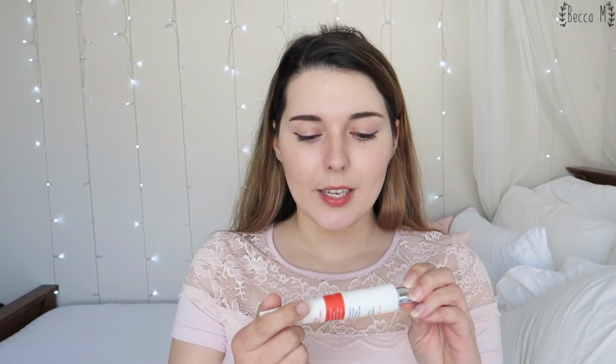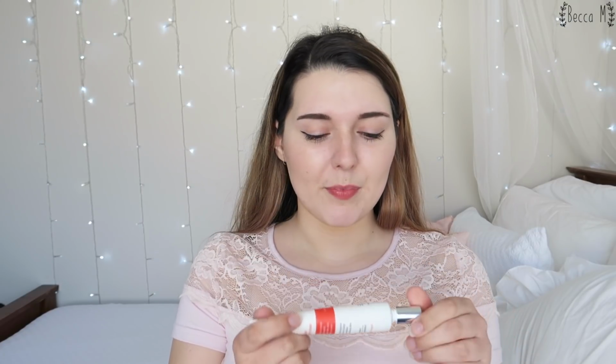I have a favourite eye cream as well. This is the Mediflower Collagen Wrinkle Eye Cream. I don't think that it really plumps up the wrinkles that well, but it does make my under eye area feel super moisturized and smooth. It also smells really good. I don't know what it smells like, but it's very nostalgic, and it is a really lovely product to use